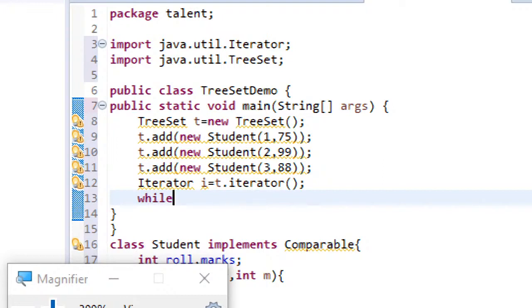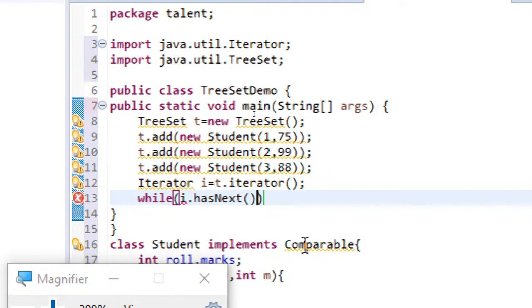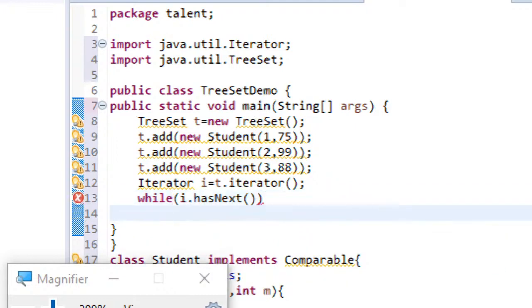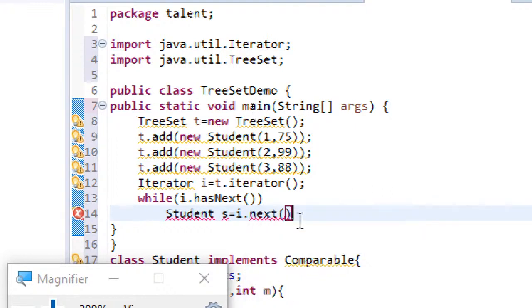So simply while i dot has next, here you can see while i dot has next, and then here what I have to do, I have to retrieve the marks and so on. So what I'll be doing is I'll just write student s equal to i dot next, and then